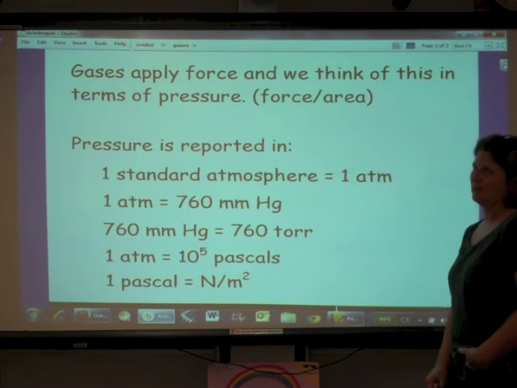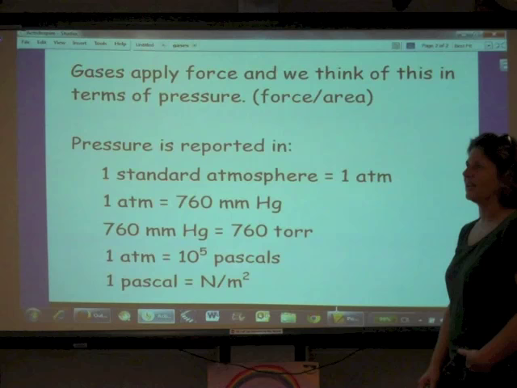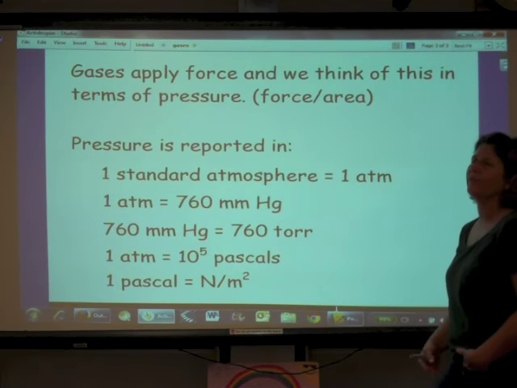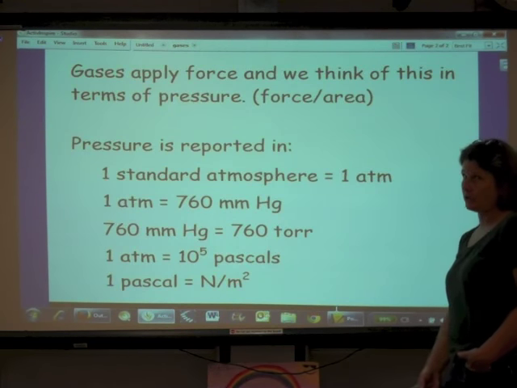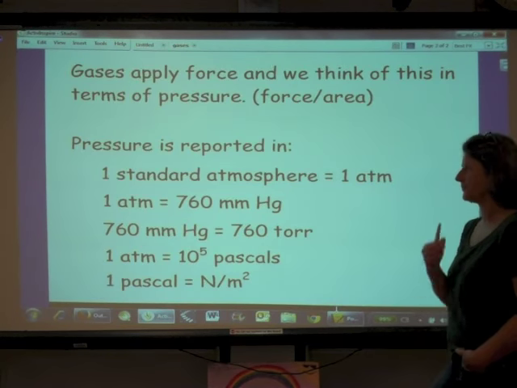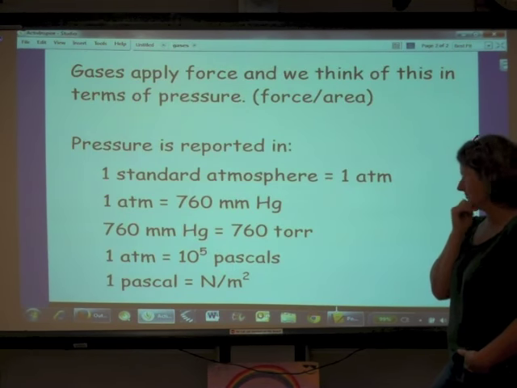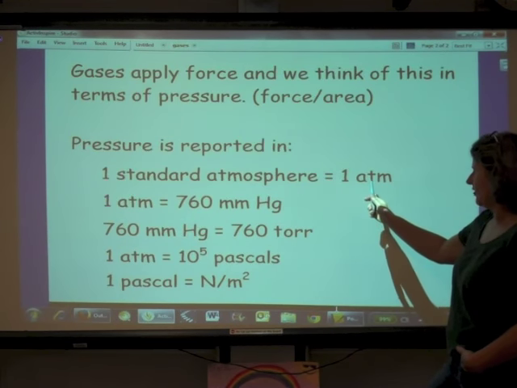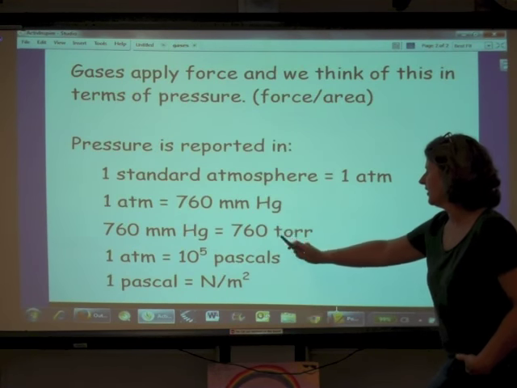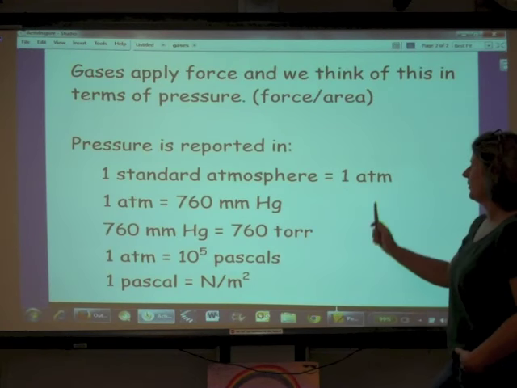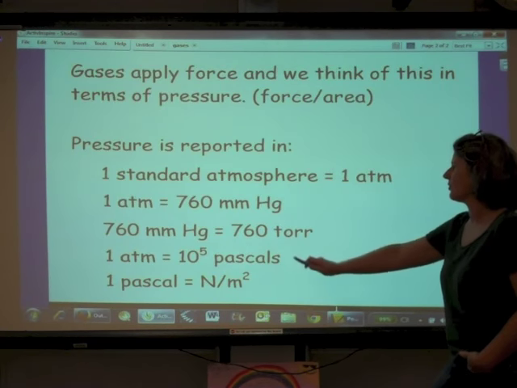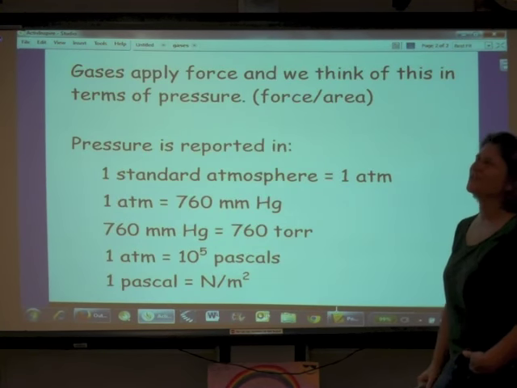So in general, in San Diego, our air pressure is about 30 inches of mercury. Oh, and I'm sure there's other units for pressure, but here, here, here. So ATM, millimeters of mercury, torr, those are the ones that we're